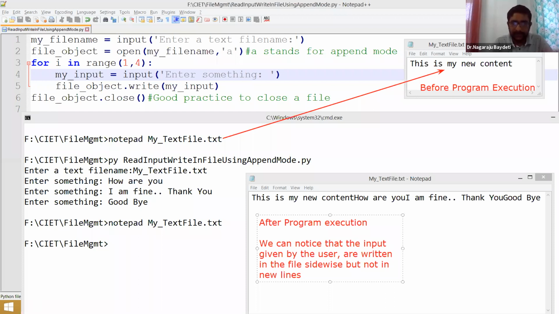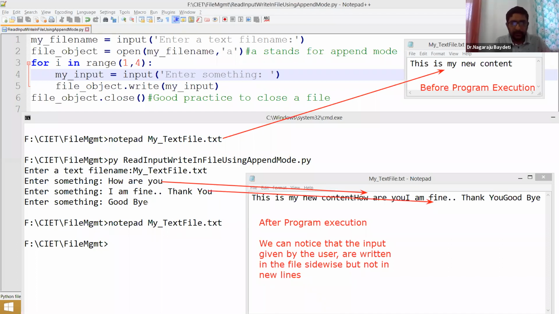Are you able to understand what I'm saying? Okay, so that also I will tell, how to write in a new line. Tell me if you have any doubt on this particular concept. How are you is written. I am fine, thank you is also written.